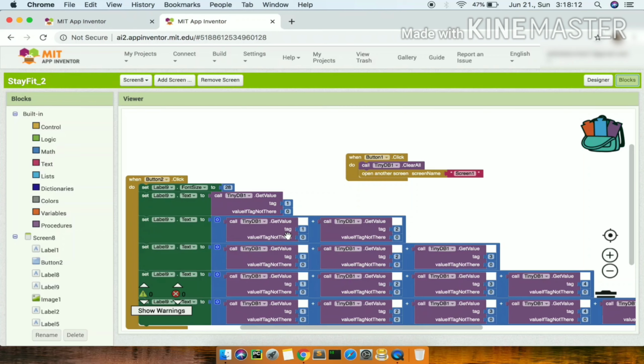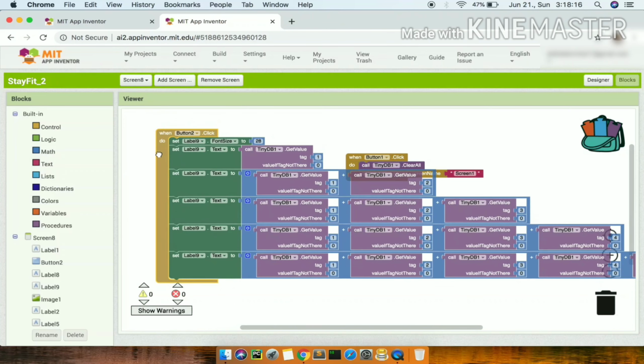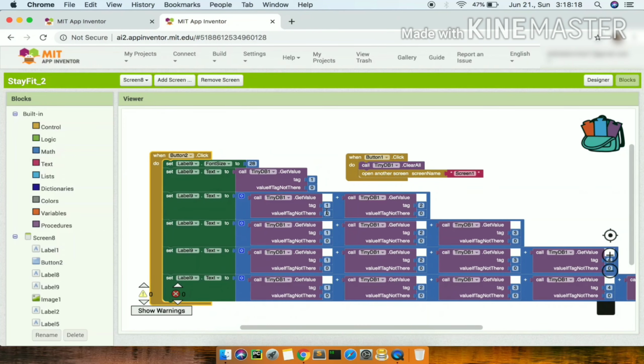Now in the next part it will add the value of tag 1 with the value of tag 2. In tag 1, which is screen 2, we have value 5, and in screen 4 tag 2 also has the value 5. So 5 plus 5 equals 10. So it will set the label text to 10,